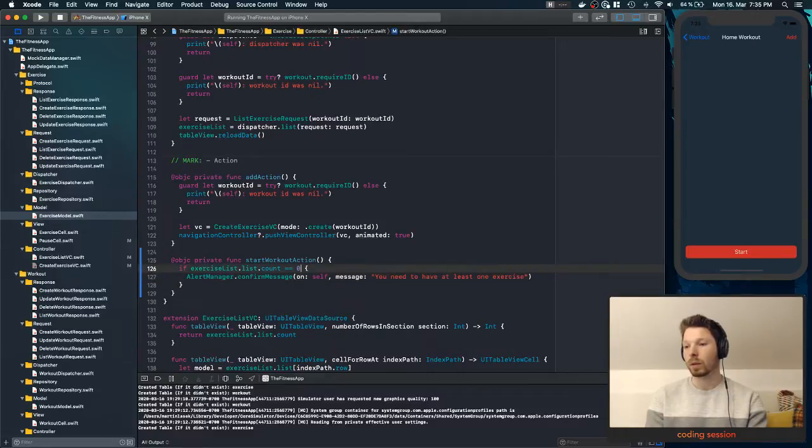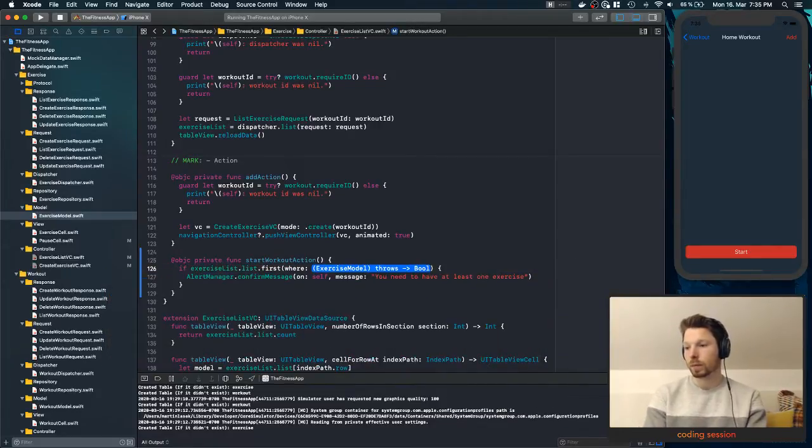What we can do instead of count equals 0, because that would mean it will also work with a pause. So count will be 1 if we just add a pause, right? We could just, instead of adding an exercise, add a pause of a few seconds and just start. We can fix that by, instead of checking count, we can get our first